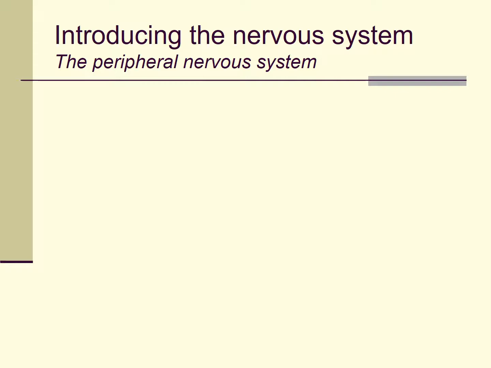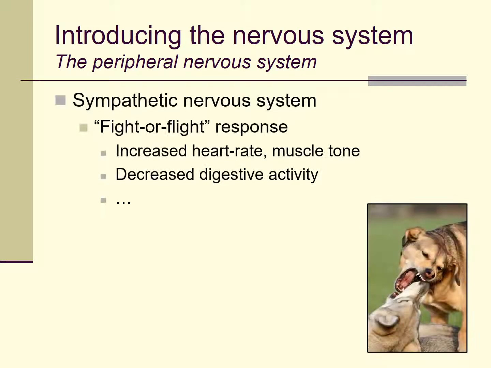Now, I've kind of hinted at this already, but we often associate activity of the sympathetic branch of the autonomic nervous system with the so-called fight or flight response. And that makes sense, because things like increased heart rate, increased muscle tone, decreased digestive activity are useful now to us, and have been in the past for animals, including humans, throughout evolutionary history, in situations that involve fighting or fleeing from potential threats.